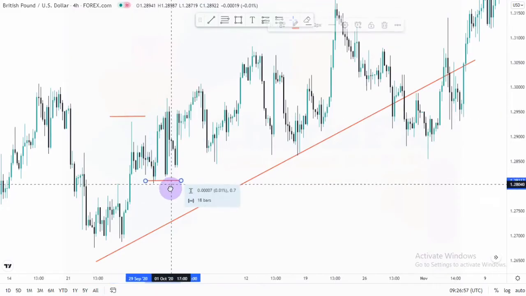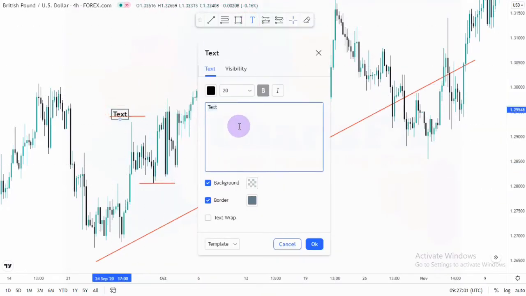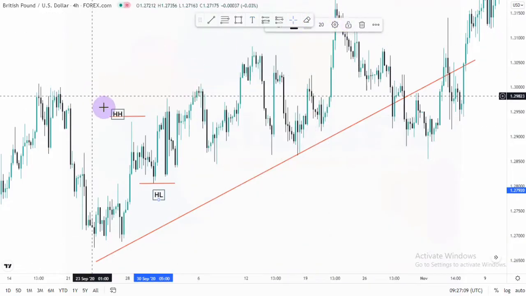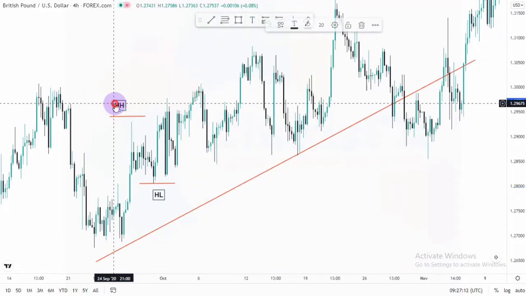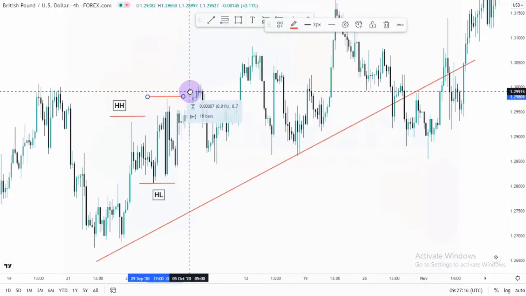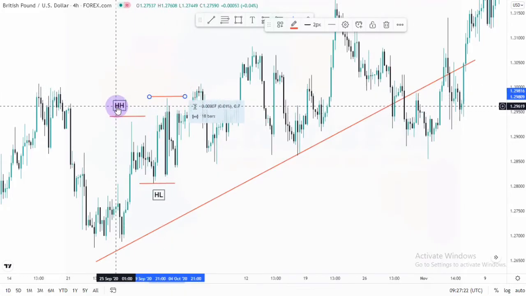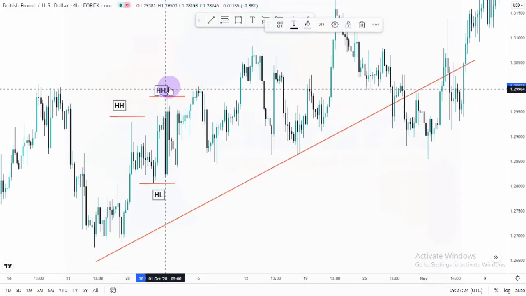Retracement to form higher low. So you can label this as higher high, then this as higher low. Okay guys, so again price gave us another impulse swing to form higher high. The high was higher than the previous high here, so you can see that this high is higher than this,